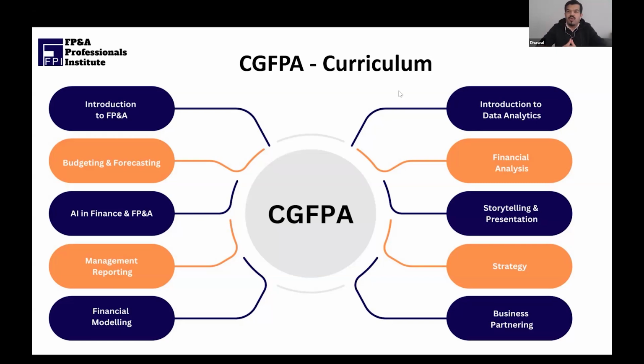Cool. No matter what FP&A role you work in, data is something which will be very common, and you will be dealing with large chunks of data. That's where your basic data analysis skill set comes into play. So we cover the basics of Power BI and SQL in the program to an extent that you are able to prepare your first dashboard and navigate your first set of large, complex data. We don't claim to make you a Power BI expert, but at least the fundamentals are covered in the data analytics module. Financial analysis, again,